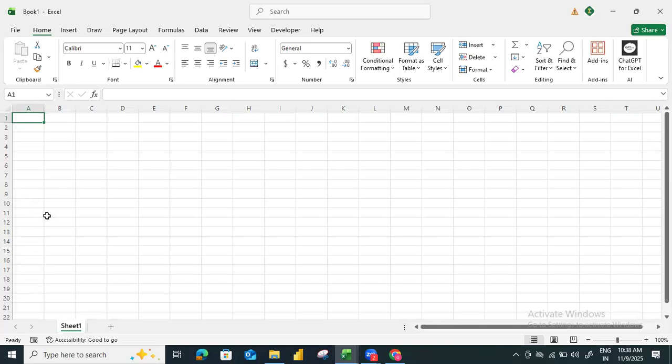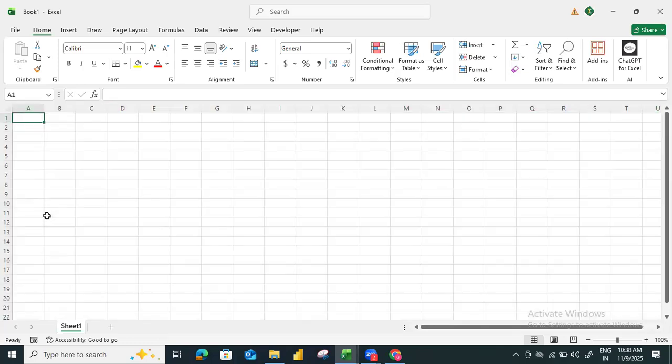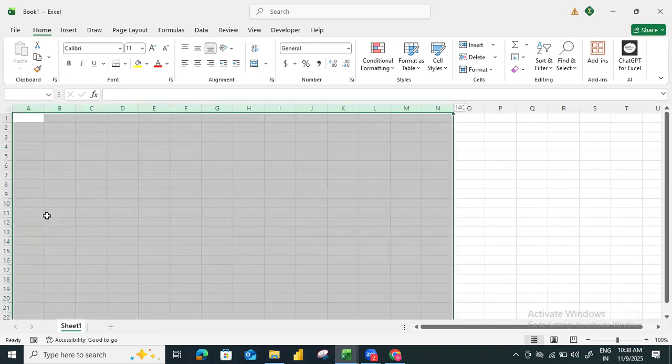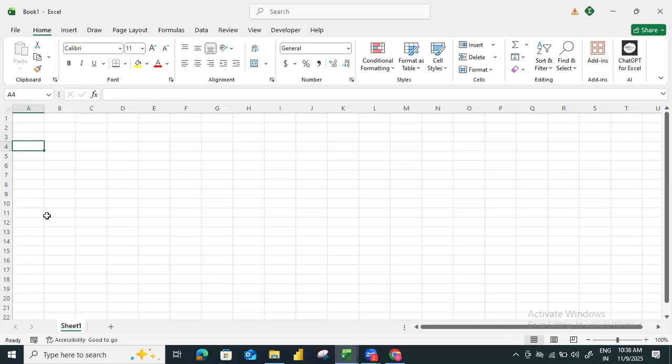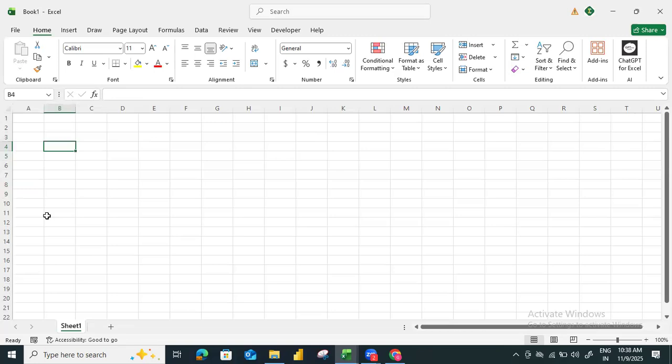We'll come to that slowly, but you have rows, which are the horizontal lines, and you have columns, which are the vertical lines in Excel. So these are called rows and columns. 1, 2, 3, 4, 5, 6, these are your rows. When I say row number 8, you need to come to row number 8. When I say column D, you need to come to column D. That's your row and column. And the combination of a row and column, every intersection